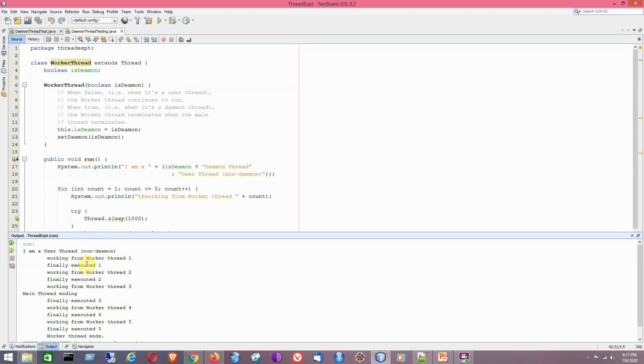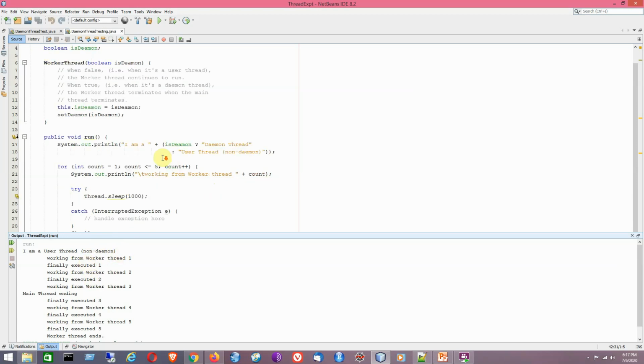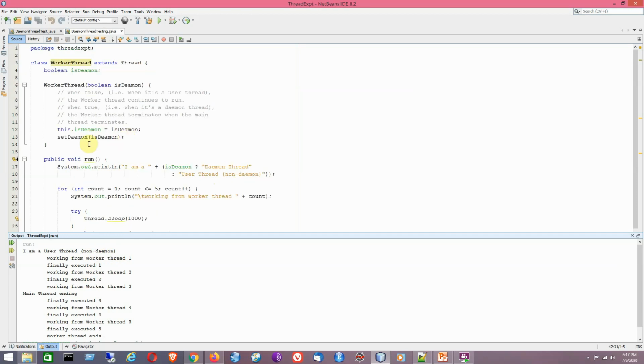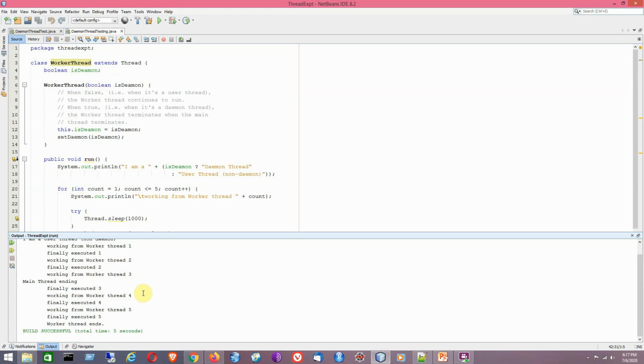So working from worker thread 1, finally executed 1. In that way it will try to print the statements inside the for loop, which is part of the run method defined inside the WorkerThread class. That is a normal execution sequence that we usually get here.